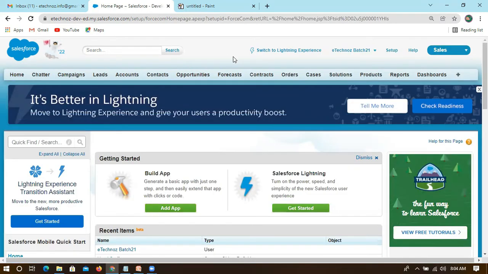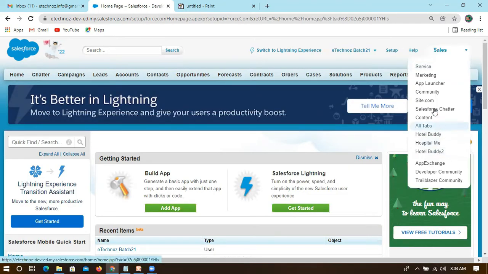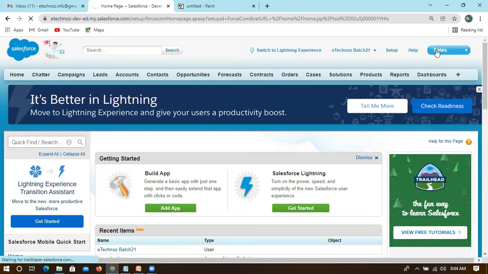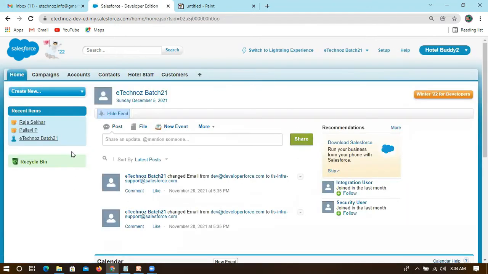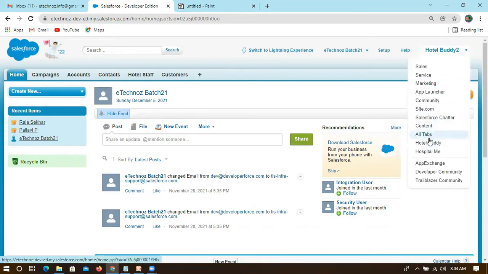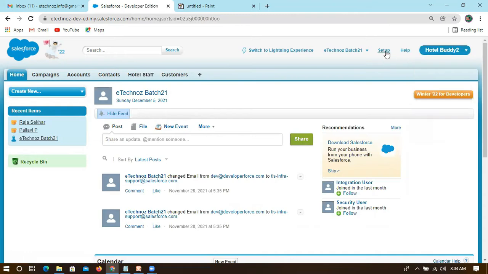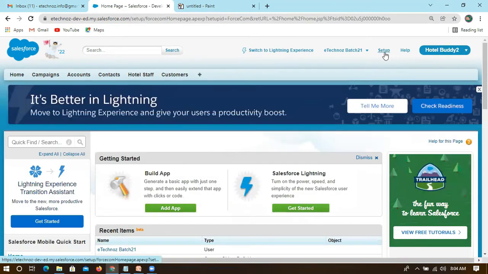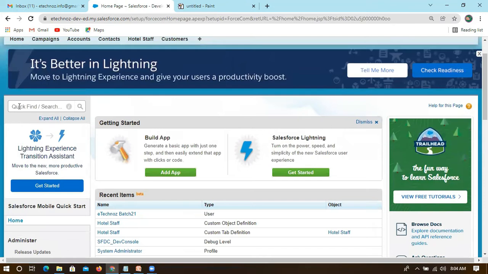When you click Setup, if you select it again, you will just get the same page, but it will again go to SaaS only, software as a service. This is just the SaaS page, so you can't create anything here. Whenever you switch to any application, it will go as SaaS only. Again you have to go to PaaS to build anything. So this is Setup, and here we can do all this stuff. Any other questions?